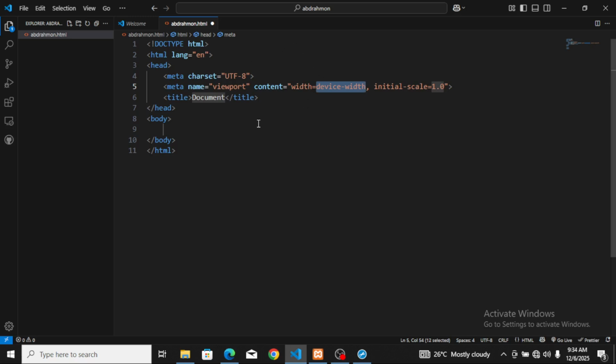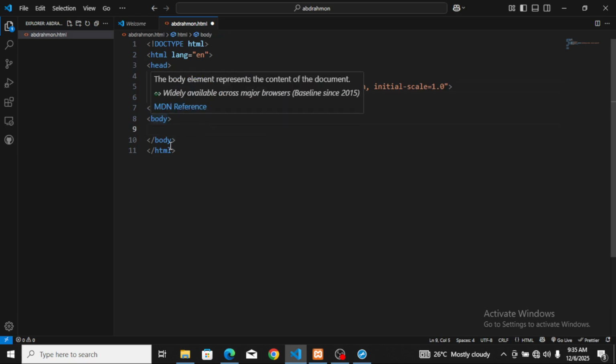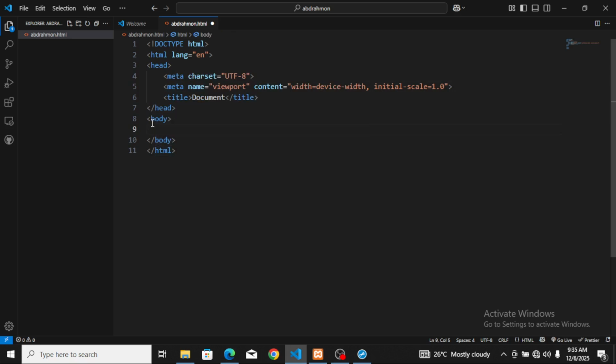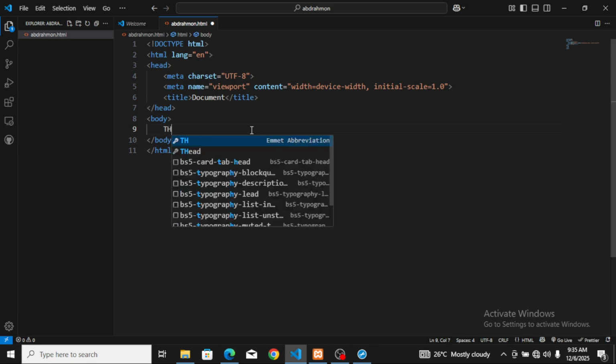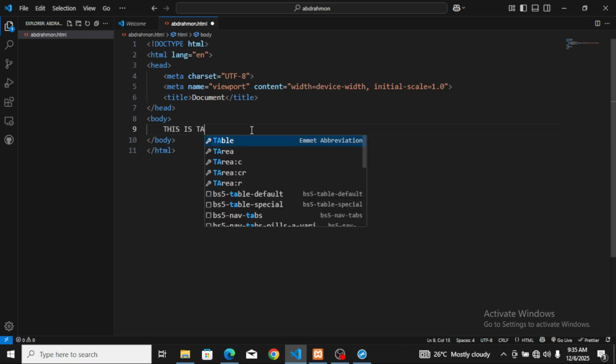So after doing that, you now click. You make sure you can see this is where the arrow is before. You make sure you click inside this body. This is the body. We have one body and another body here. Inside the body, click inside. Make sure your arrow is clicking inside this body. I just want to write, this is TAR